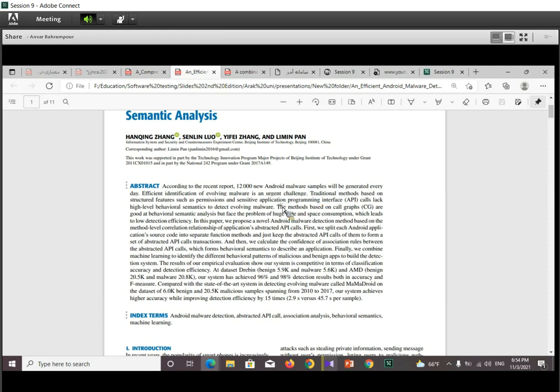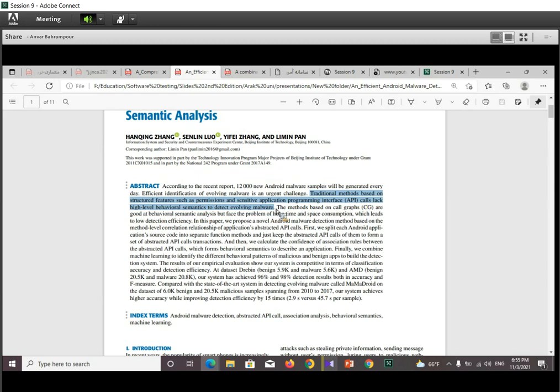This sentence tells me that the existing approach, which uses structured features or permissions to detect malware, has low performance because of the lack of high-level behavioral semantics to detect evolving malware.